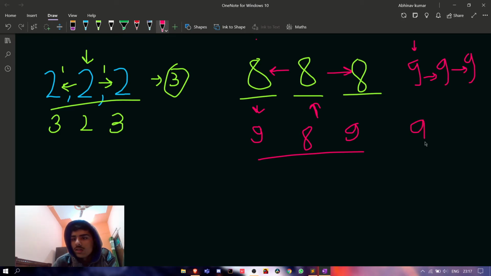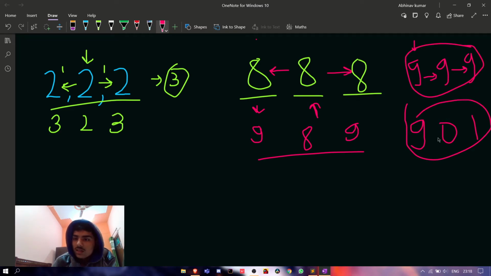So this will be 9 only, and at this it will become 0, because 9 plus 1 will be 10, and 10 mod 10 will be 0, and this will be 1. So we cannot choose this, because this is less than this. So this should be our answer. We need to bring the maximum.